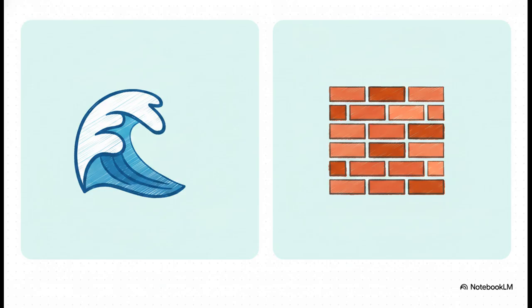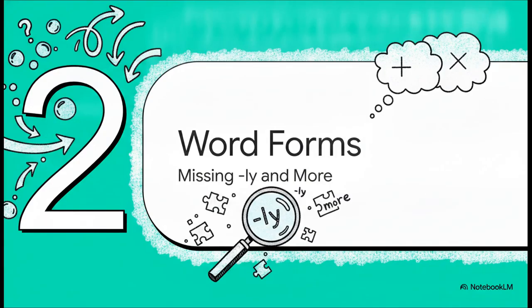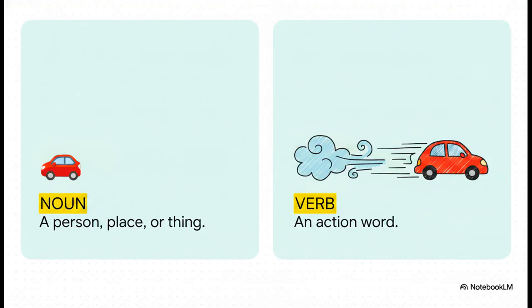English is literally built like a brick wall. It relies on a super strict structure, where the meaning is completely driven by prepackaged blocks and a rigid word order. This is exactly why direct word-for-word translation totally fails. You just can't apply those fluid rules to a brick wall. Section 2. Word forms, endings, and degrees. The missing ly and more. That massive structural difference brings us right to how we form descriptions and comparisons.